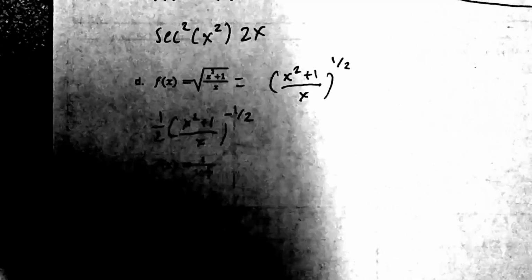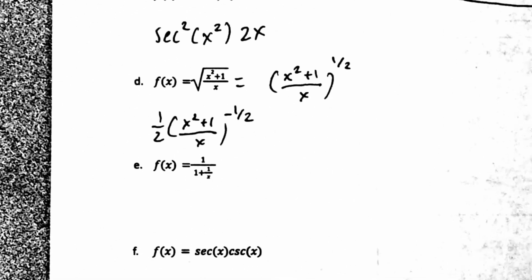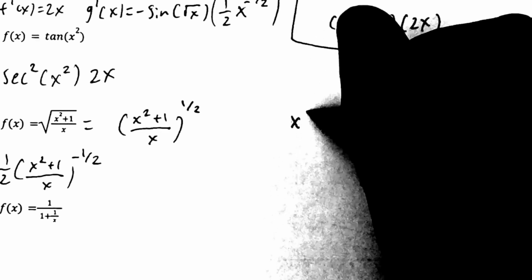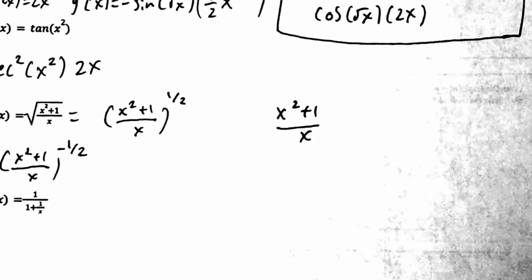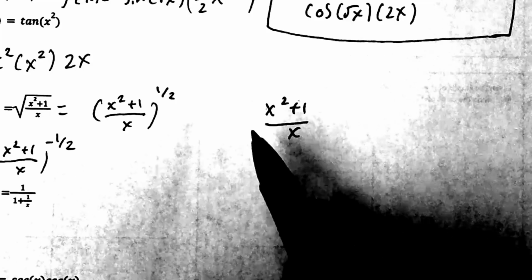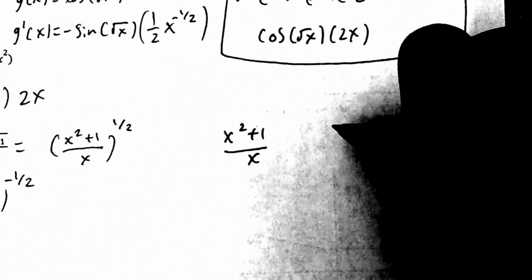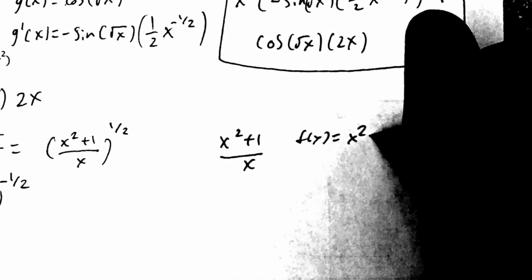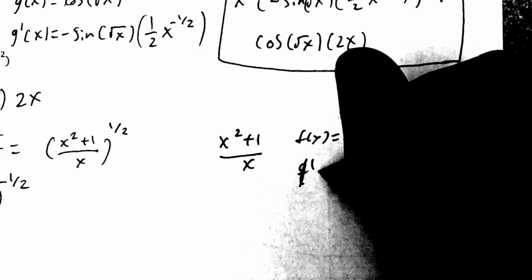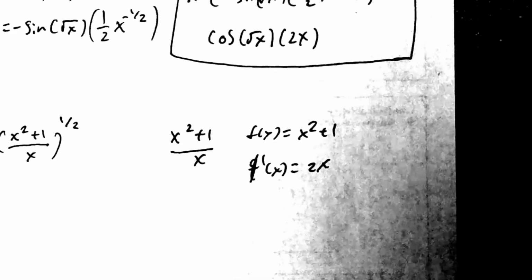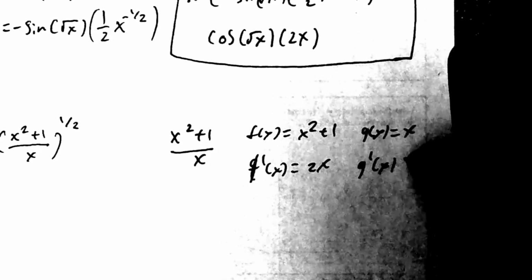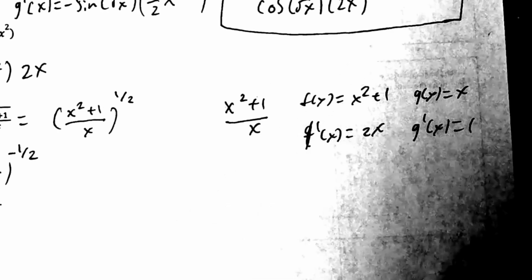Just like how I did the square root of x. It's the same thing. And then I'm going to take the derivative of the inside. So inside I have, I'll do that over here, x squared plus 1 over x. And you can see this is a quotient rule situation. Okay, so we're going to do f of x equals x squared plus 1. Derivative of f of x equals 2x. G of x equals x. Derivative of x equals 1. Plug it in, you will get